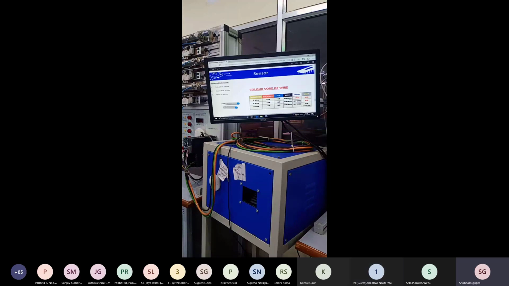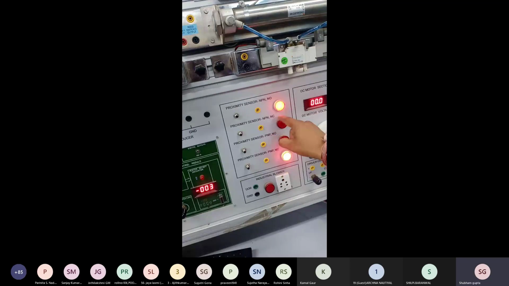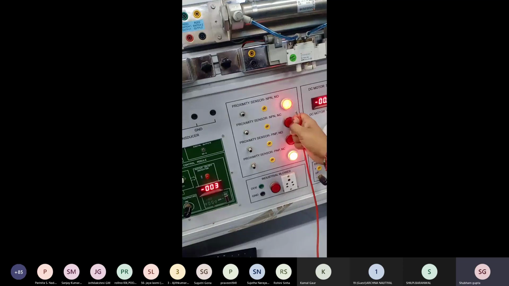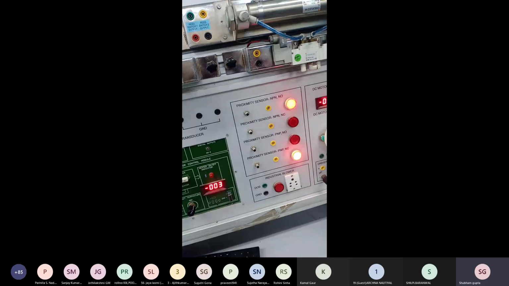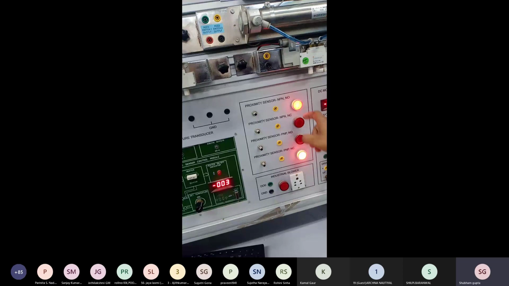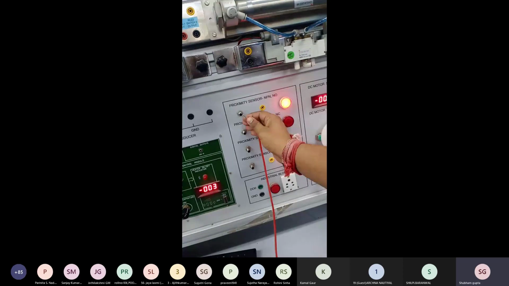When we sense, like that, I'll show you one example. This is one kind of proximity sensor, and this switch is off. When we touch the sensor, it glows on. It means it connects in an NC. It's connected, it's called the NC. When it is off, it's known as a NO. And the sensor or switch at the start is connected as an NC. When we touch this sensor, then it goes to NO.